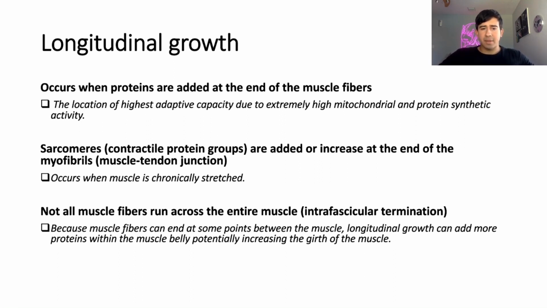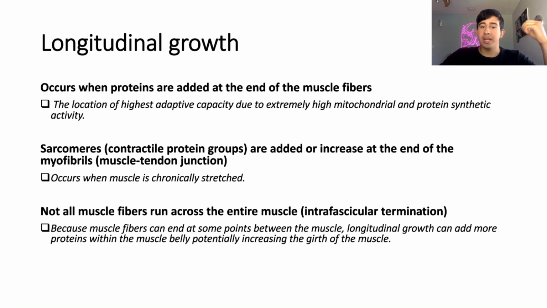And what's interesting is that we've only seen this addition of proteins in longitudinal growth at the end of the myofibers, right? And again, that is the location with the highest adaptive capacity due to the extremely high mitochondrial and protein synthetic activity. And then we know that mitochondria is the muscle powerhouse of the cell, right? Anyway, sarcomeres, the contractile units of the muscle, the contractile protein groups